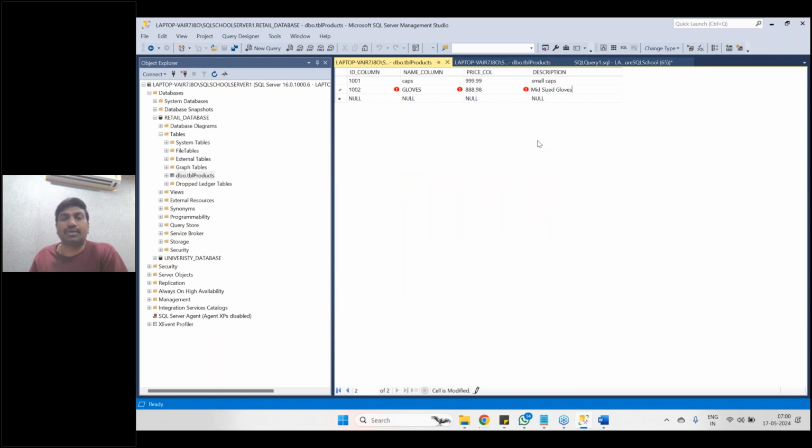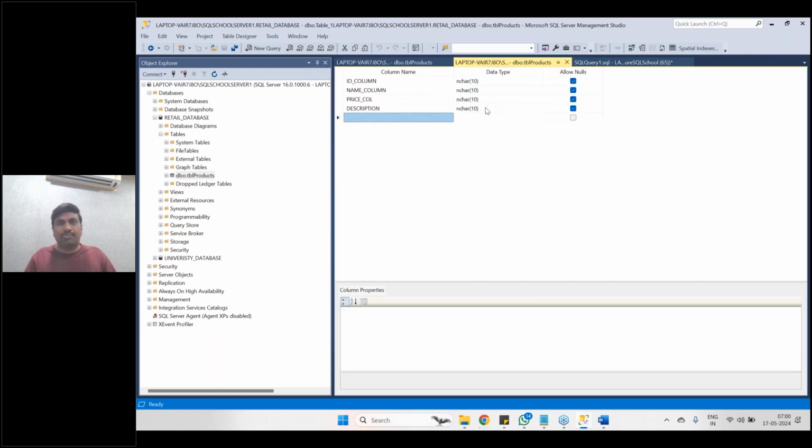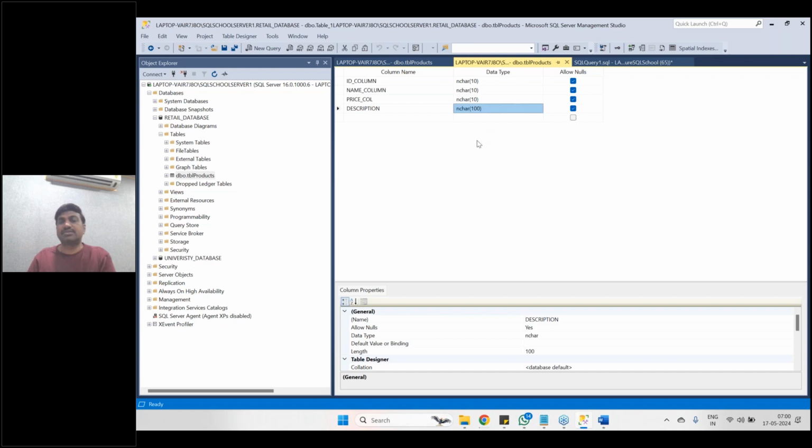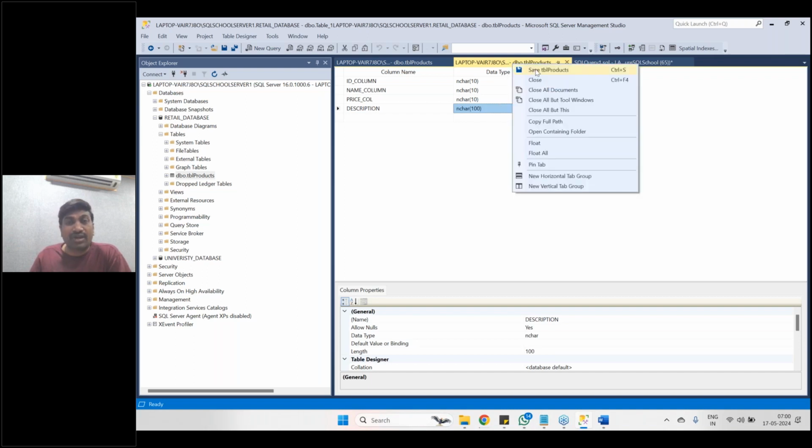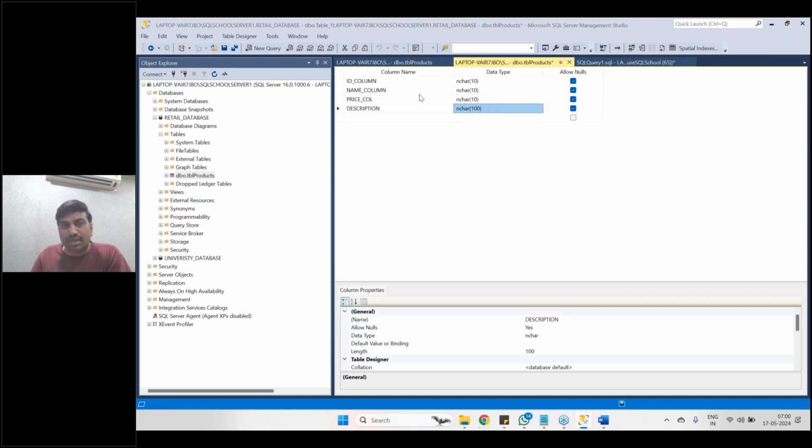Click OK. I will first reduce the size. It works. Now go back to the table and increase the size. See here, auto save for data, but